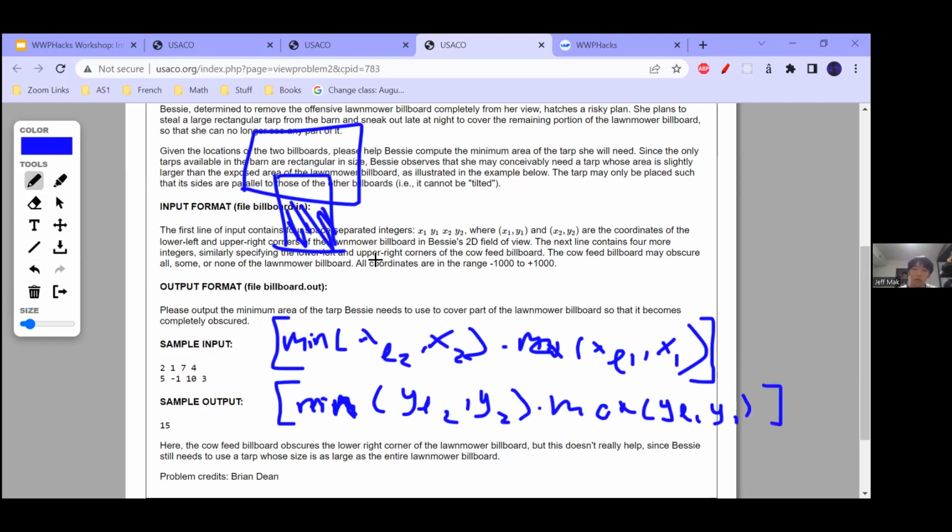And then you subtract this from the area of the lawnmower billboard, and that will be xl2 minus xl1 times yl2 minus yl1.